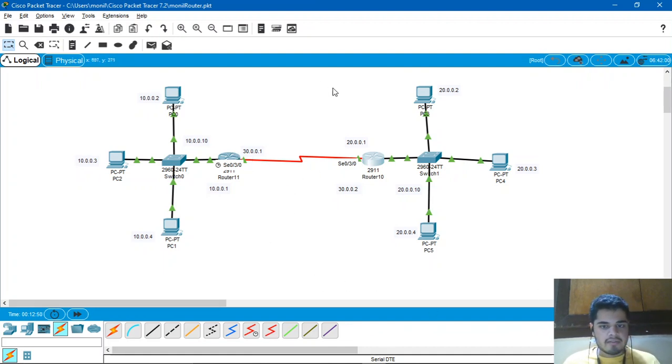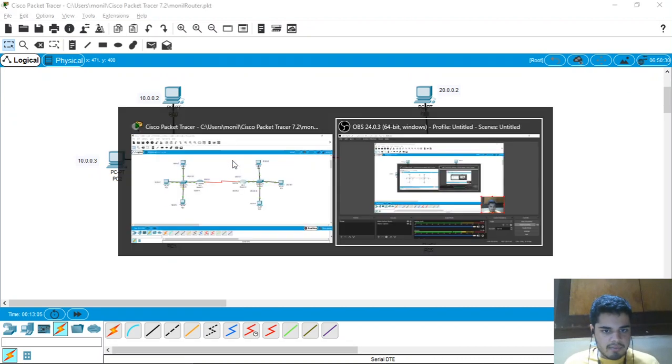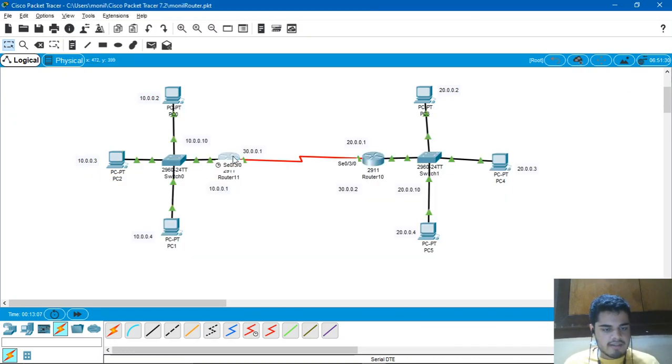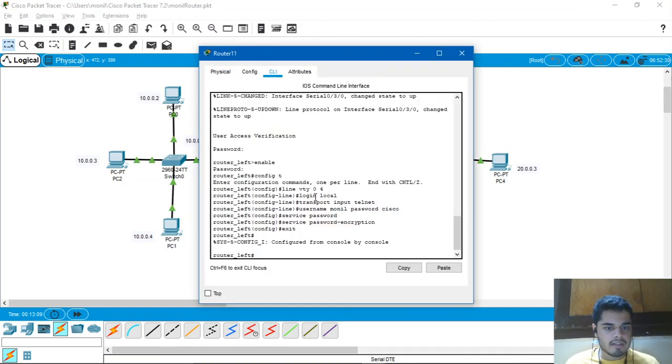Hence our connections are successfully completed, and our next step is to configure the switch and the router. Now configuration of the switch is similar to what we did in the previous experiment, so I won't be doing it again. What we will be doing is configuration of routers. As I have already performed configuration of routers, I will be just writing the commands but I won't be executing them. So first command is